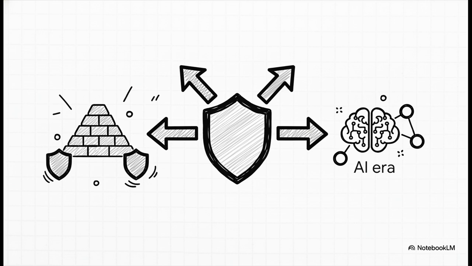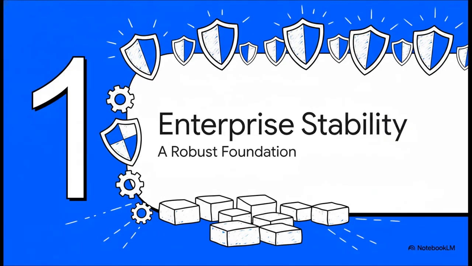It's taking on this challenge with a really smart two-pronged approach. First, it's making its core features absolutely rock solid for enterprise use. And second, it's building security specifically for this new age of AI. All right, first things first, let's talk about stability. Because, before you can secure this super intelligent future, you have to build on a solid foundation. This is all about making Kubescape a tool that big organizations can genuinely rely on, day in and day out,